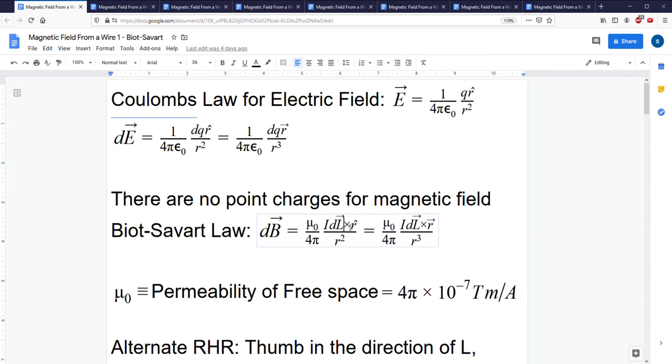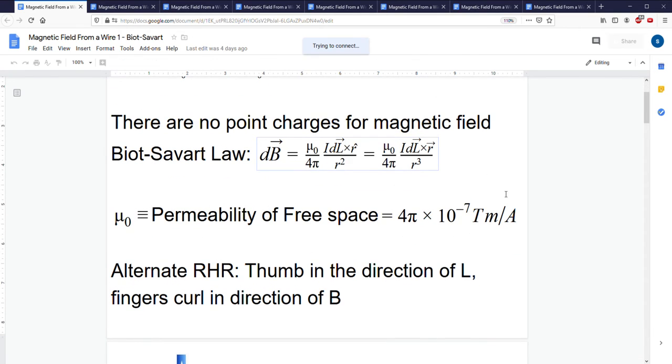You also may recognize this cross product. You can use the same rules as the cross product before. dl is the first term, so that your thumb goes in the direction of the wire. R is the second term, so your fingers go in the direction of R. And the result, B, is in the direction your palm pushes. This is a little less intuitive than for the force case, so there is an alternate